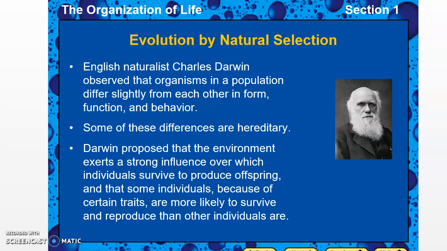If you look at the picture, that is a picture of Charles Darwin. You may have heard of him before. He did a lot of work when it came to evolution and exploring how animals have changed over time. And he's pretty much given credit for determining that this happened, that these animals have changed over time. Because that's essentially what evolution is. Evolution means a change over time.